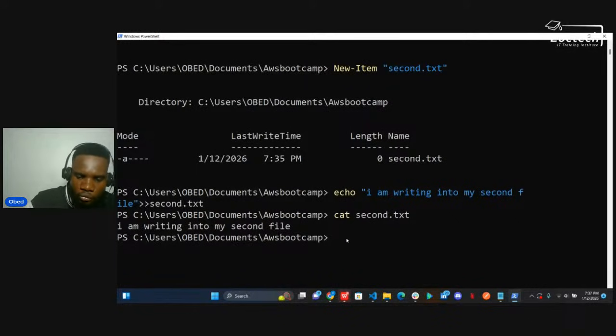So for us to move, the command for move is, or let me say copy, either of them, either move or copy. I'll do cp. Cp means copy. I want to copy, or you can say Copy-Item, either cp or Copy-Item. Let me use this. I think this is more explanatory and understandable. So Copy-Item, which file do I want to copy?